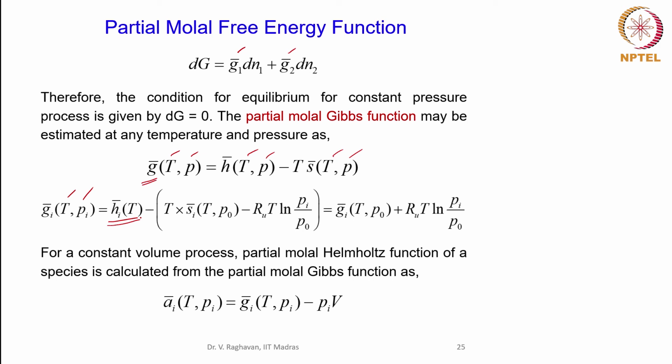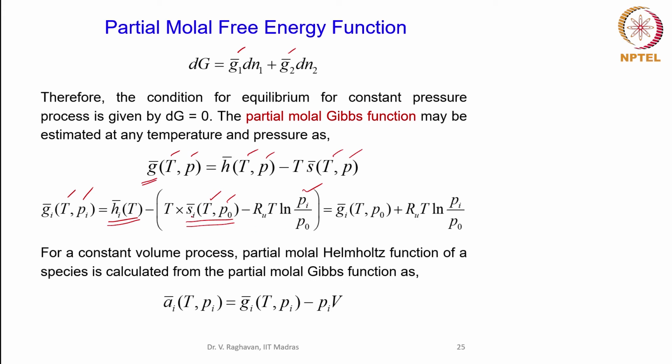Now, coming to the entropy, entropy has two terms, Si of T comma P naught. This means this Si, of the ith species, is calculated at the temperature T, but at atmospheric pressure P naught, and the pressure dependence comes by the second term, minus Ru natural logarithm of Pi by P naught. So, that will be the pressure dependence of this particular term. So, when you combine this, you can see that T times Si of T comma P naught minus Ru ln of Pi by P naught will be the entropy.